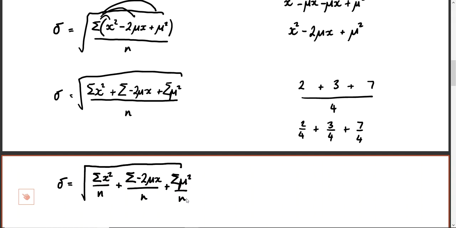Now, if you were doing this yourself, you might not ever go down this route. You know, someone else has done this maths for you. You're just following it through.